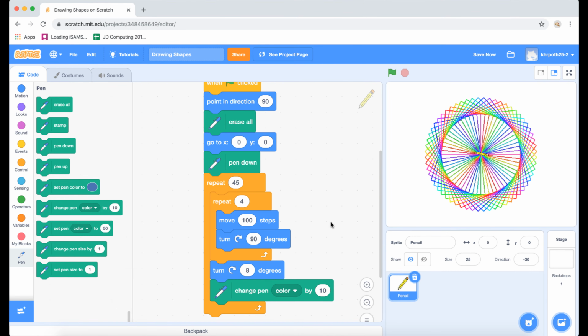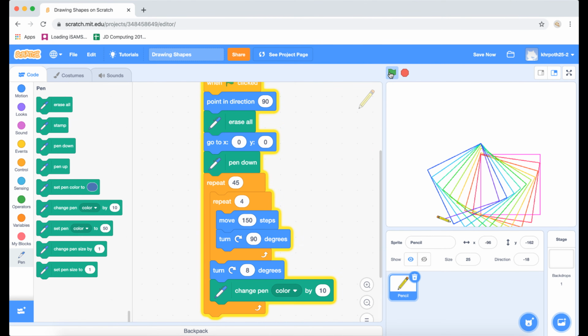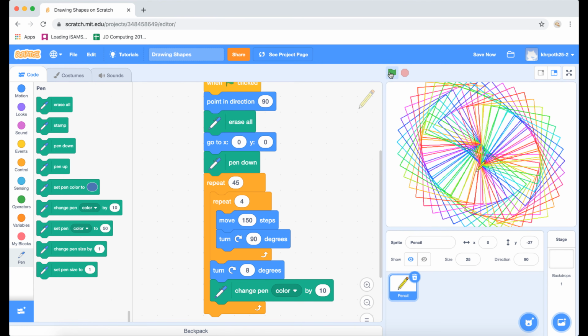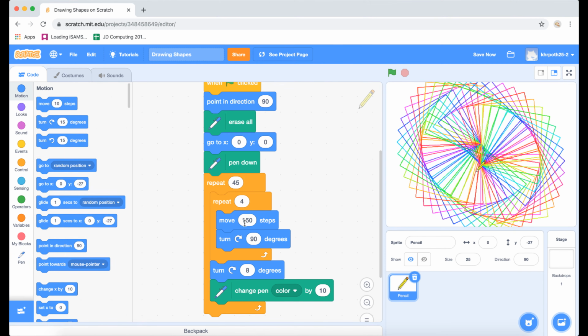And now what happens if we change some of these other numbers? So instead of moving 100, let's say 150. Okay, and let's see what happens then. We get a bigger pattern. So you can play around with this and create your own patterns. Let's change this back to 100 and let's move